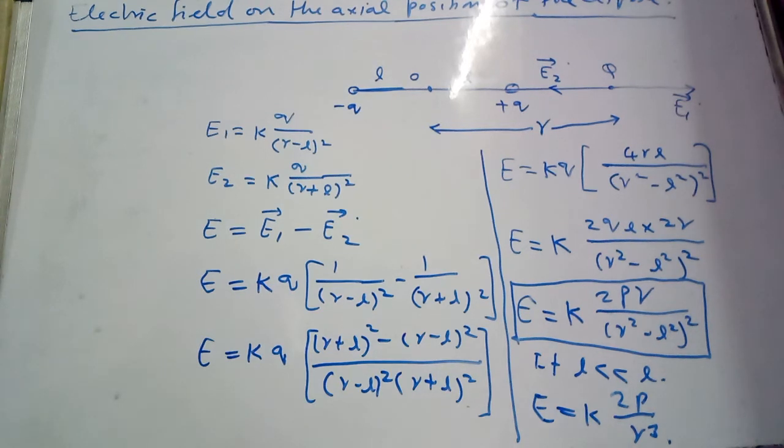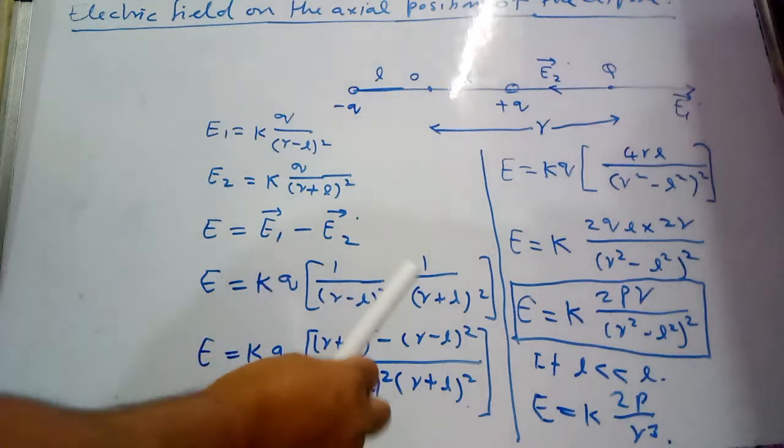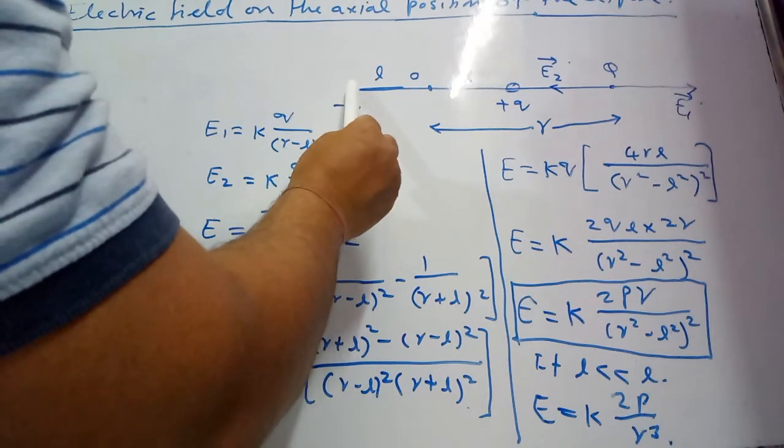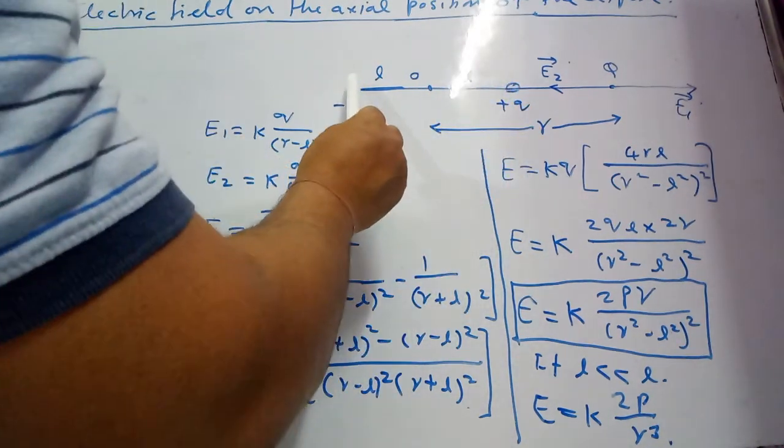So in this part of the video, we are going to find the electric field on the axial position of the dipole. Here in the figure you can see a dipole, its negative charge and positive charge. Length of the dipole is